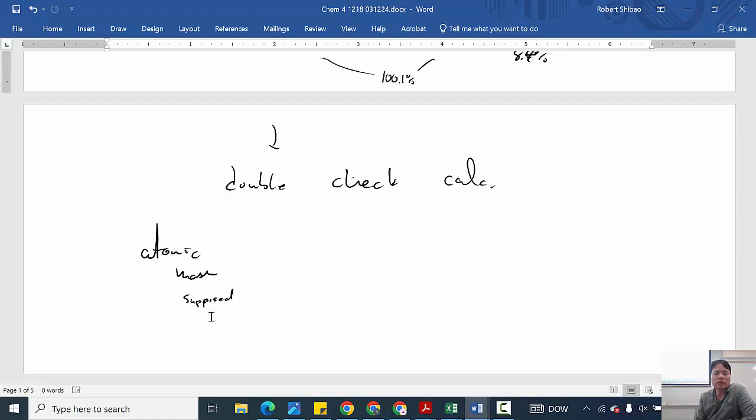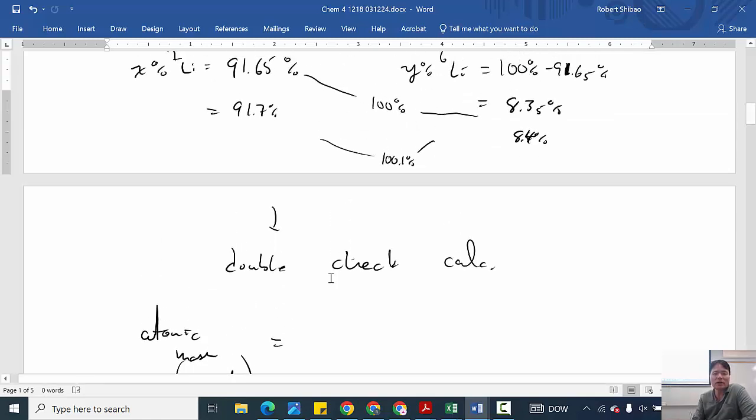Supposed to be 6.94. Am I going to get 6.94 u? So we're going to plug it in. I'm going to take the fractional abundance that I just calculated. Now, to avoid rounding error and confusing myself, I'm going to carry extra digits,